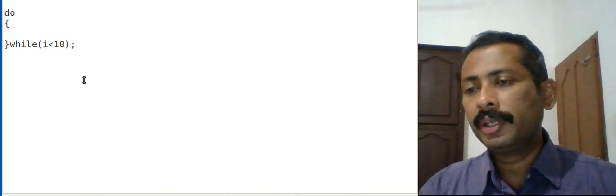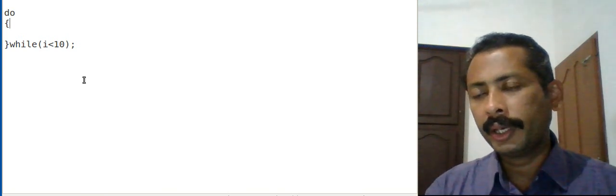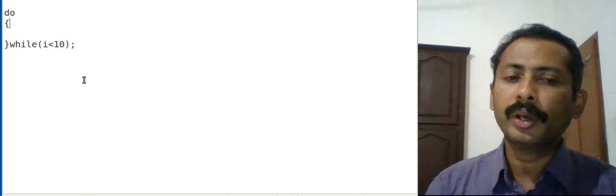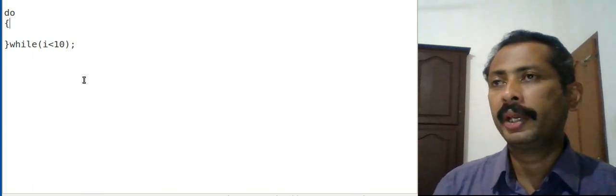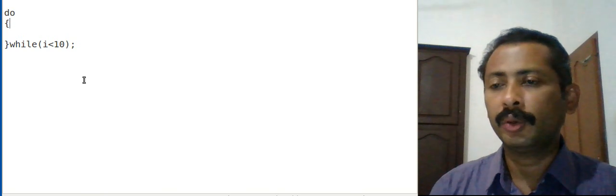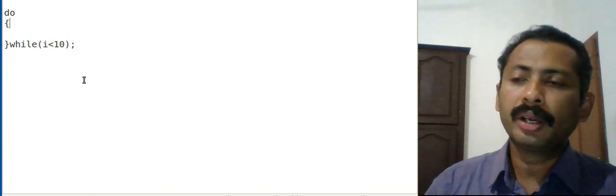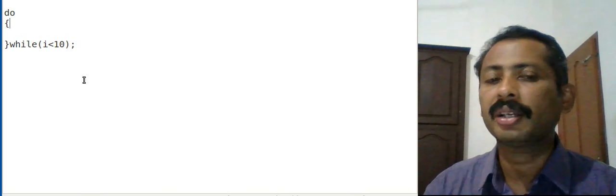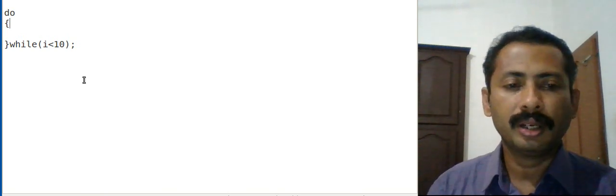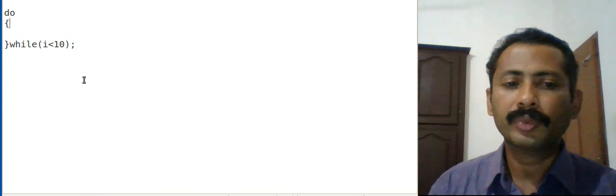So the difference between this while loop and this do while loop is that the body of the do while loop gets executed at least once, because it is an exit control loop. The other two are entry controlled. They are called so because the condition is checked before the execution of the loop. Okay.